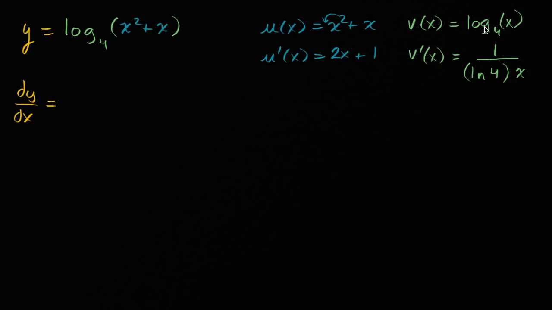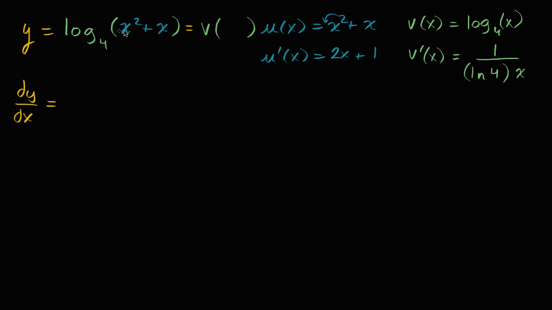But since it's log base 4, and this comes straight out of the change of base formulas that you might have seen, and we have a video where we show this, we just scale it in the denominator with this natural log of 4, or you could think of scaling the whole expression by 1 over the natural log of 4. But we can now use this information because this y can be viewed as v of,